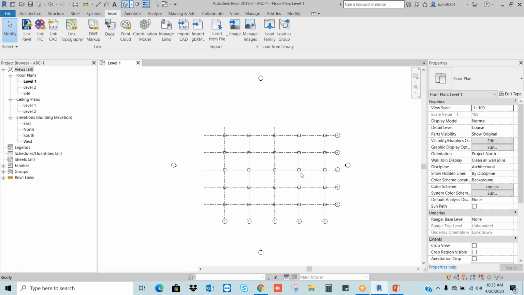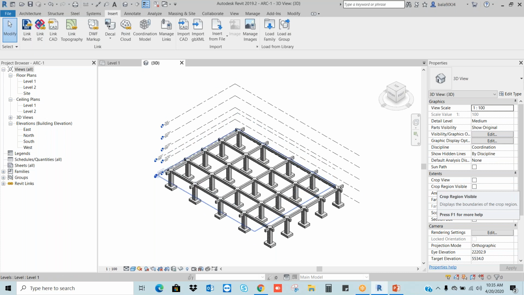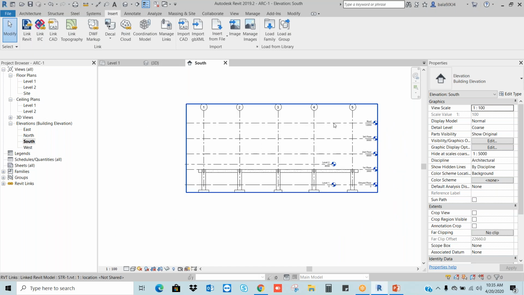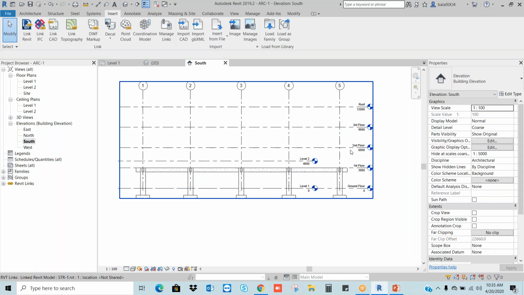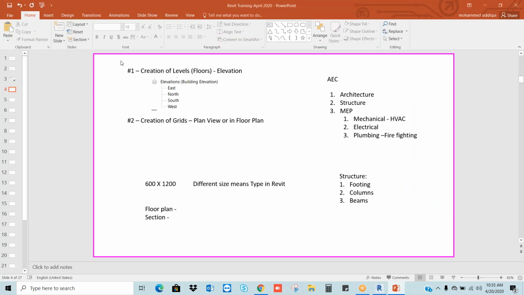If you go to the 3D view, you can see the entire structure model here. If I go to any one of the elevations, I can see all my levels in the link. Now, in a Revit project, whatever discipline it may be, we need to create the levels first.